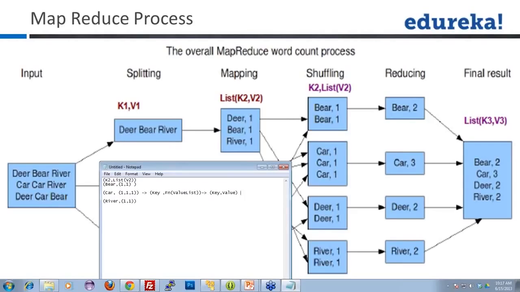And then finally, what we're going to do is create this, which will be the list. This will be the final list. This will be a list of these K3s and V3s. Right? So this is K3 and V3. So let me write those here, K3 and V3. And let me write this K2 and list of V2, so that everything becomes very clear to everyone. And let me write just before this